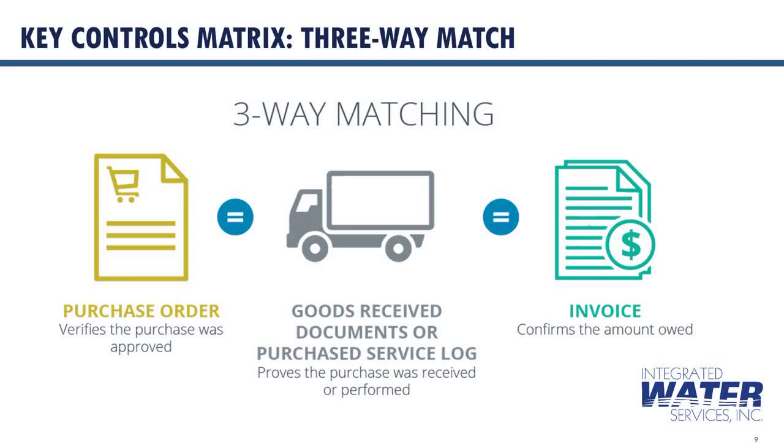A purchase order is the initial document generated by the buyer, specifying the types and quantities of products or services they want to purchase, along with the agreed prices. The receiving document is created to confirm what was received, and details the actual quantities and condition of the items delivered. The third element is the invoice, issued by the seller to the buyer, containing details about the products or services delivered, including quantities and prices.